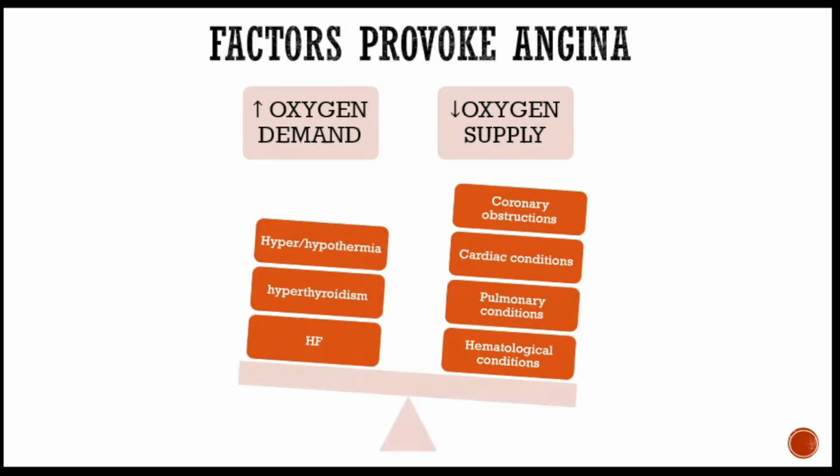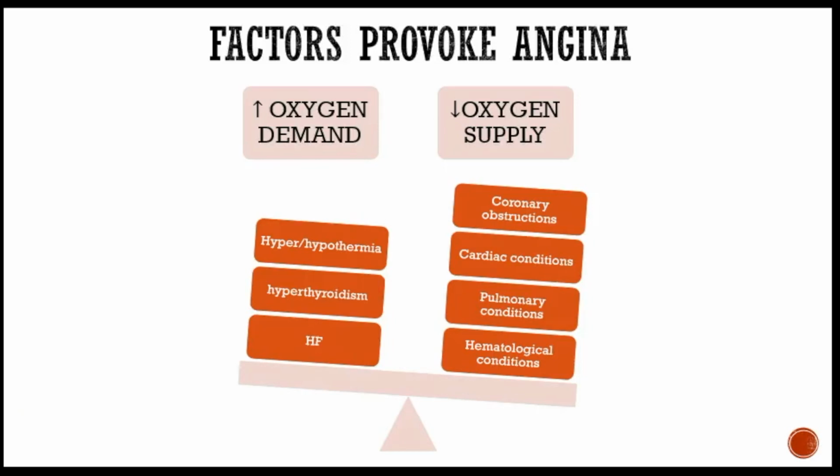So when I say decrease the oxygen supply, just imagine it should be something related to a decrease in the blood flow, right? So first of all, it can be hematological conditions, right? So anemia, if the patient is anemic, or sickle cell, or hypoxemia, or it can be pulmonary conditions, right? So a decrease in the oxygen supply. So it can be asthma or COPD, or if the patient has pneumonia, it can be pulmonary fibrosis, and